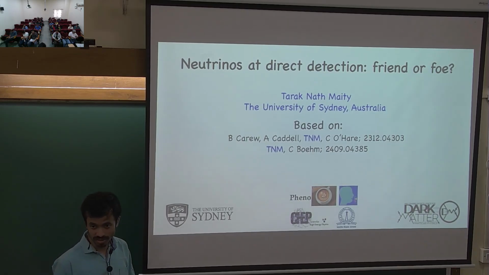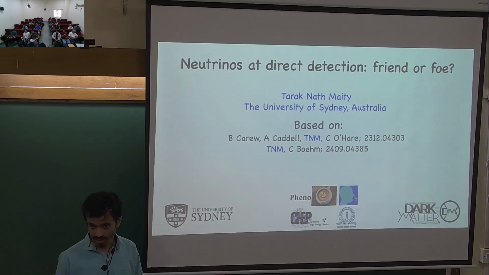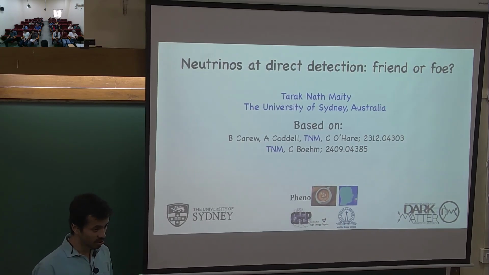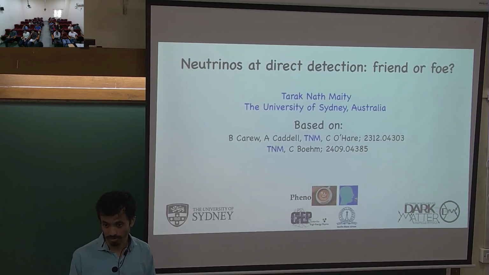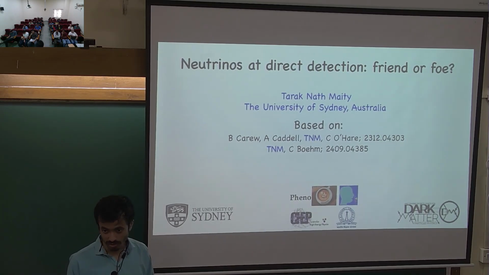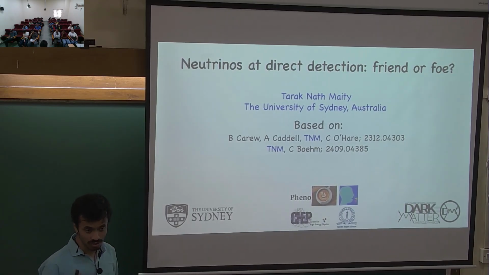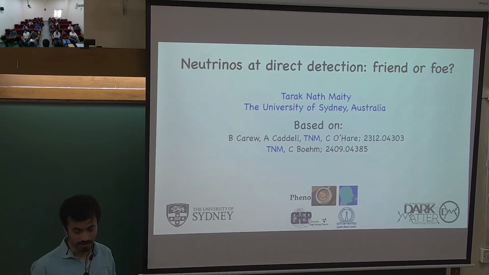As you know, in direct detection, what essentially we look for is dark matter interaction with the standard model states. So if you want to search for very small dark matter standard model interaction, the neutrino would be an important background to the searches. So in the first half of my talk, what I'll be talking about is how neutrinos could slow down the search of sub-GeV dark matter electron scattering.